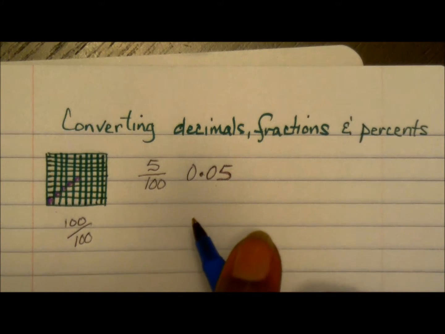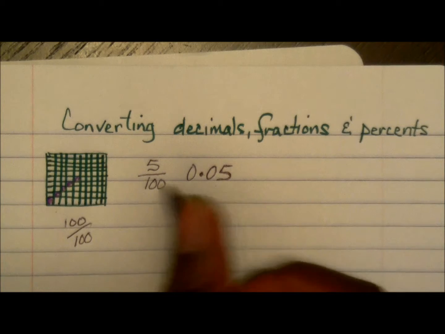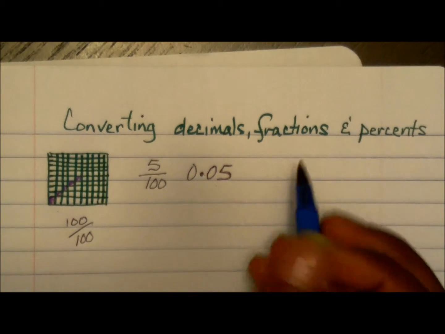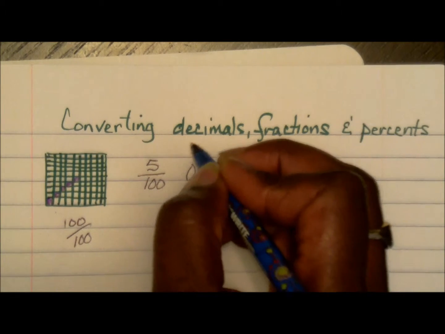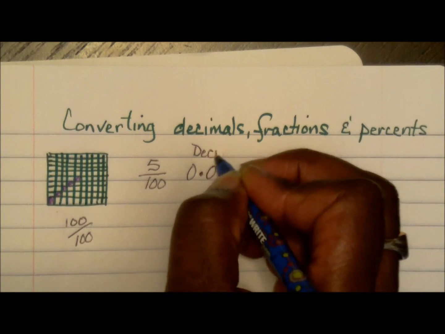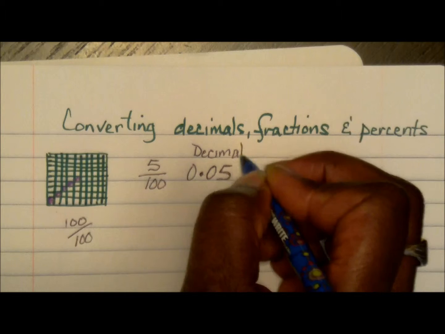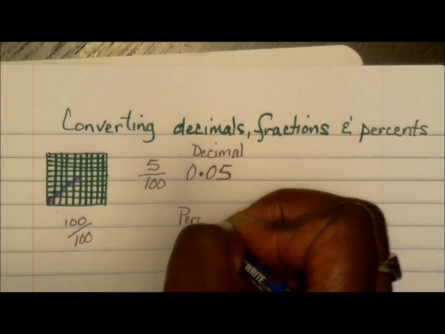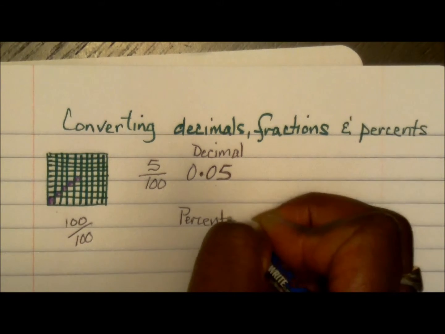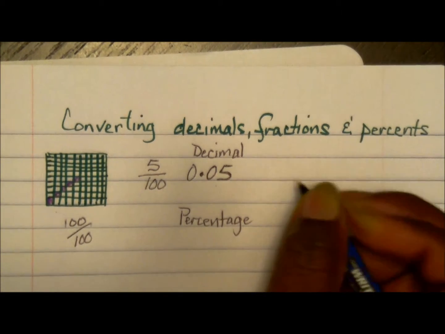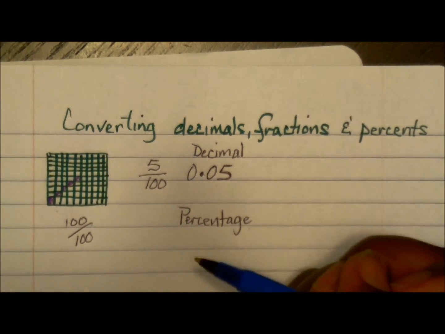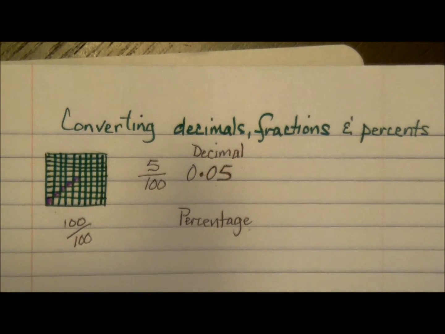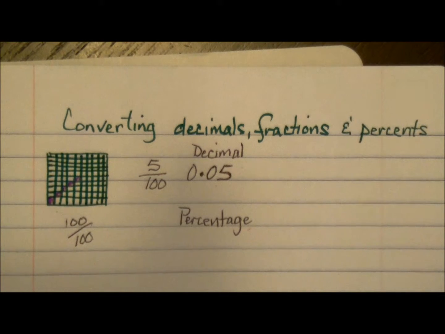Now let's say I wanted to write this as a percentage. So this is my decimal. What will my percentage look like? Remember, my decimal and my percentage are both out of 100. For my percentage,